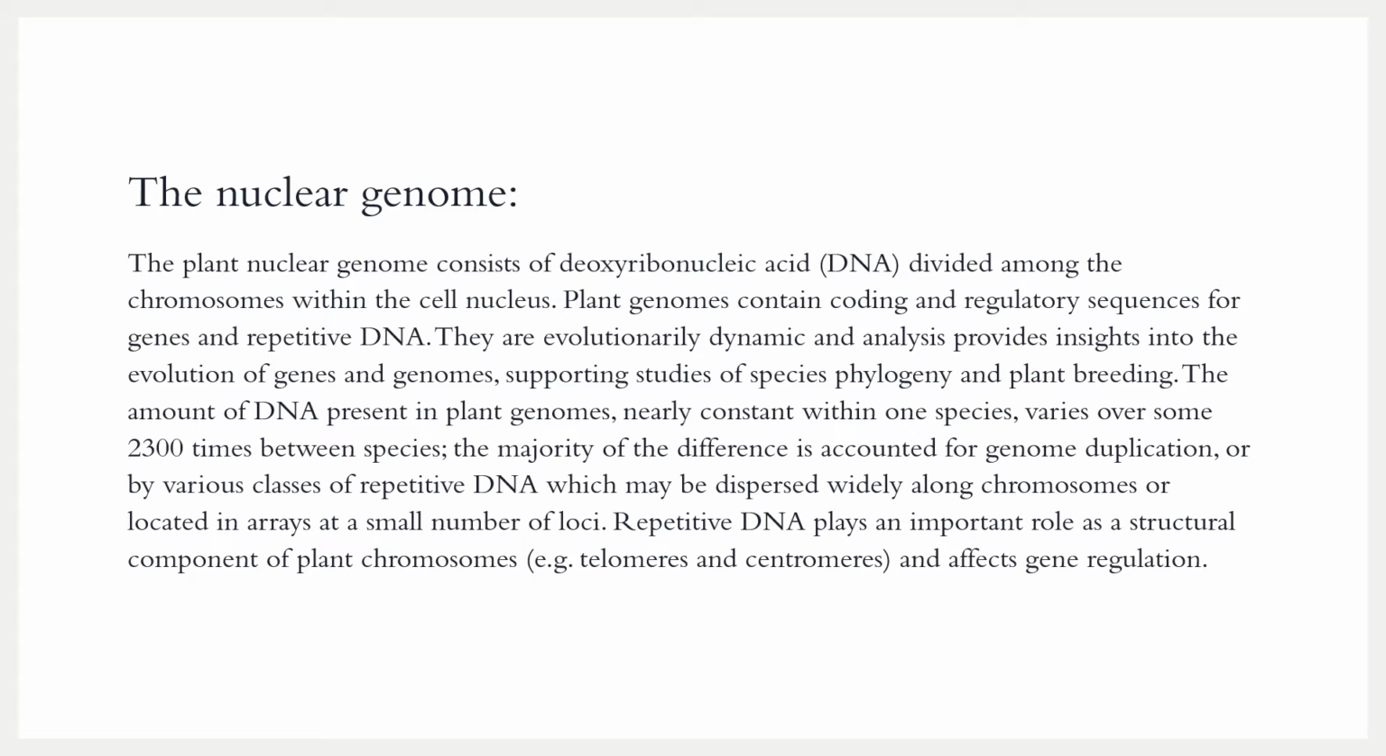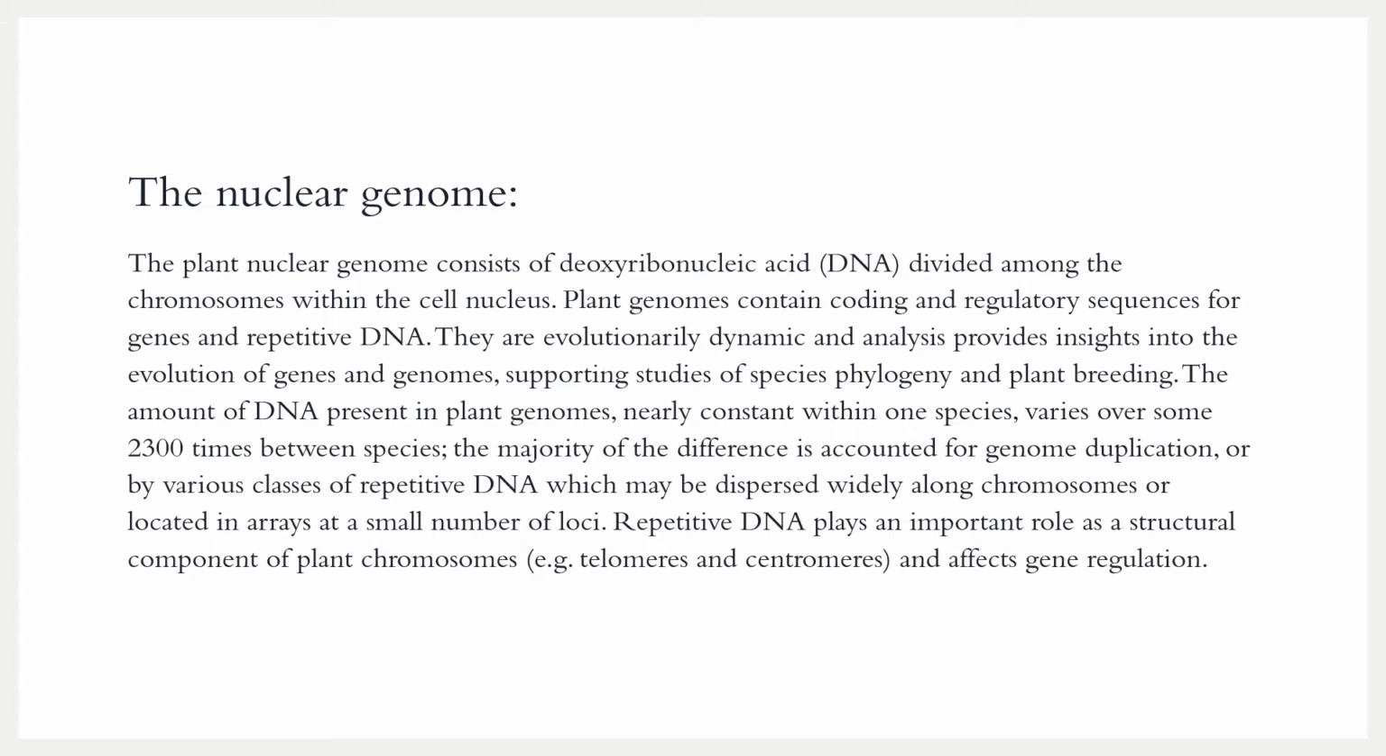The plant nuclear genome consists of deoxyribonucleic acids divided among the chromosomes within the cell nucleus. Plant genomes contain coding and regulatory sequences for genes and repetitive DNA. Their evolutionary dynamic analysis provides insights into the evolution of genes and genomes, supporting studies of species phylogeny and plant